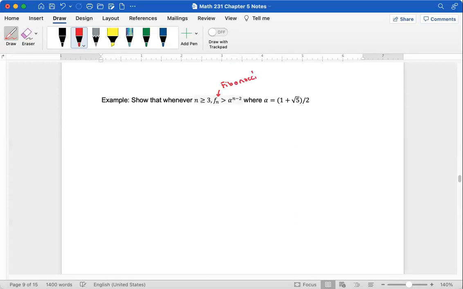Okay, so it's Fibonacci's numbers of the terms. All right. And then this is alpha to the n minus 2, where alpha is defined to be this specific number. Now, I'm going to make a note of where this came from. In the proof, we note where it is, but it's kind of like, where the hell did this weird number come from? So this number came from, it's a solution